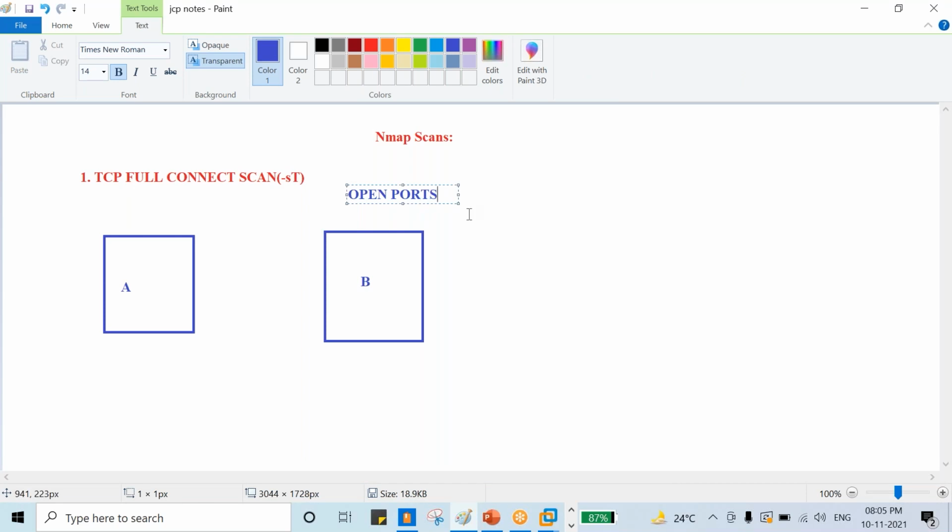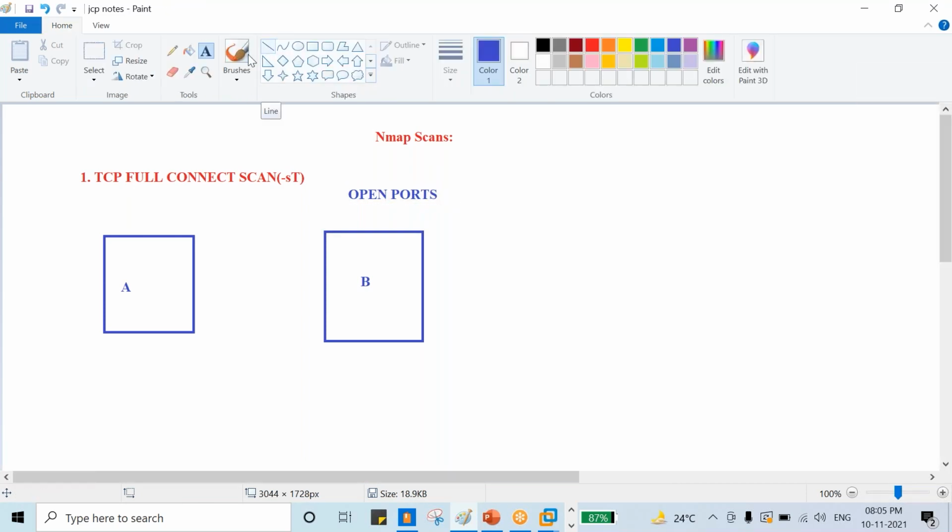Now in this case, what will happen? Person A will send the SYN request. When he sends a SYN request to B, what is the reply? B will send SYN-ACK, right?